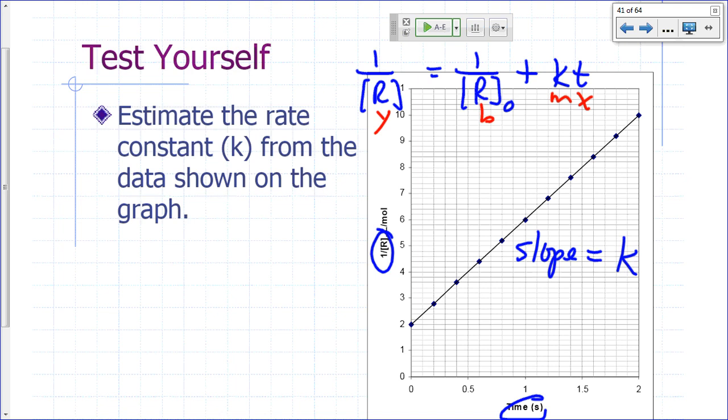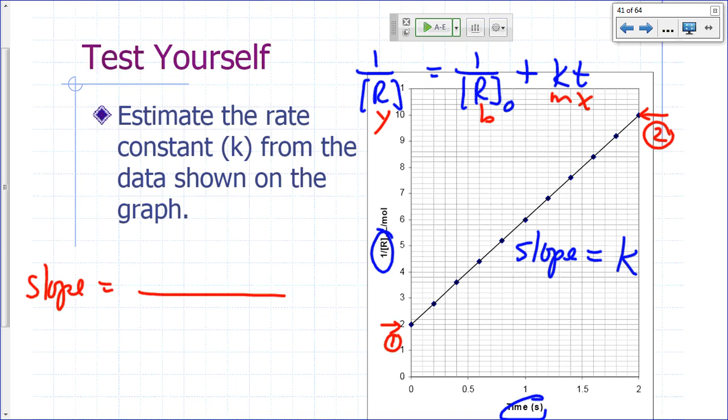Alright, so how do we determine the rate constant from here? How do you determine the slope? Rise over run again, right? So let's pick 2 points. Let's pick this point right here. What's that number right there? So that's going to be our point number 2, and this is going to be our point number 1. So slope equals